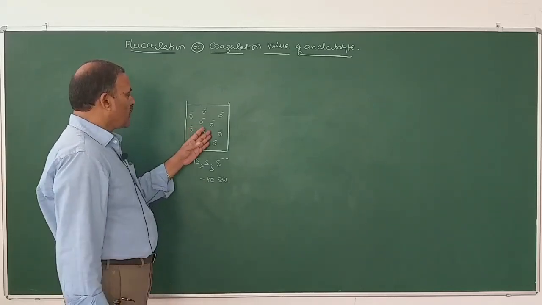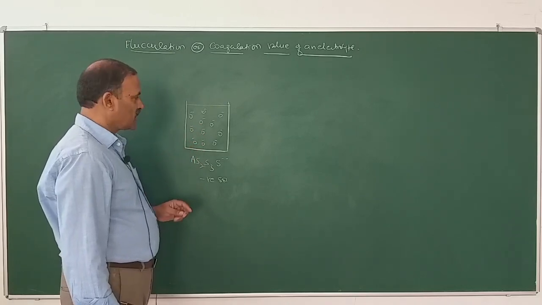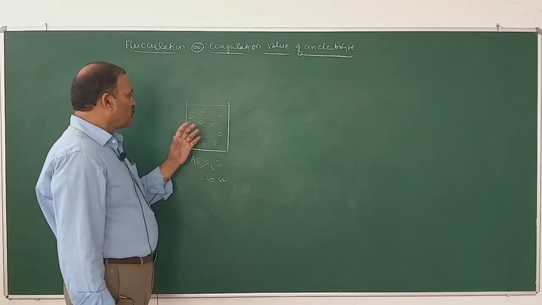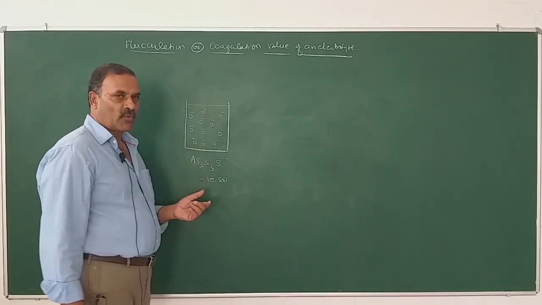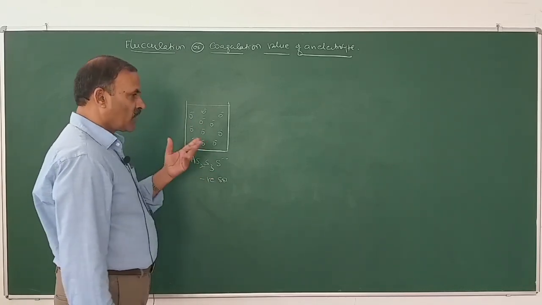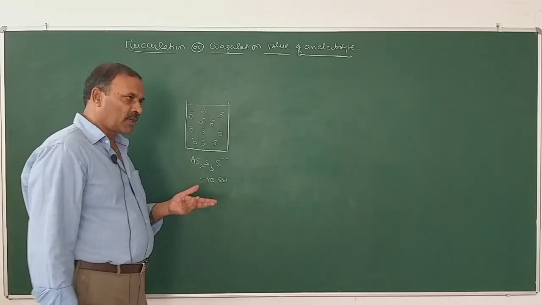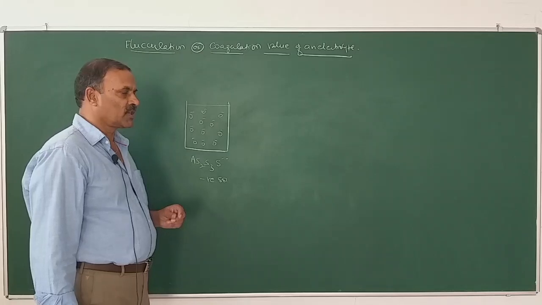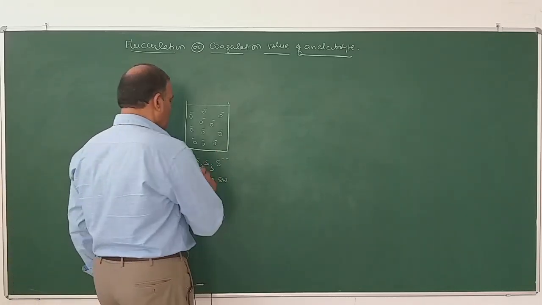For the salt to be precipitated, we have to remove the charge on the colloidal particles. To remove the charge on the colloidal particles, or to precipitate the salt, we have various methods. Number 1, by electrophoresis. Number 2, by boiling. Number 3, by mutual coagulation. And number 4, by the addition of electrolyte.